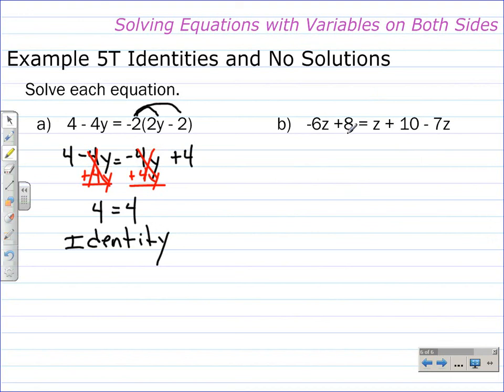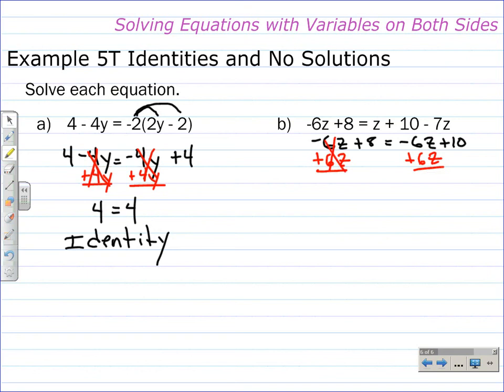Part B, we need to solve this equation. On the left-hand side, there's nothing to do, so we copy down negative 6z plus 8. On the right-hand side, we combine like terms. Z minus 7z is negative 6z, and we bring down the plus 10. When we go to add 6z to both sides,